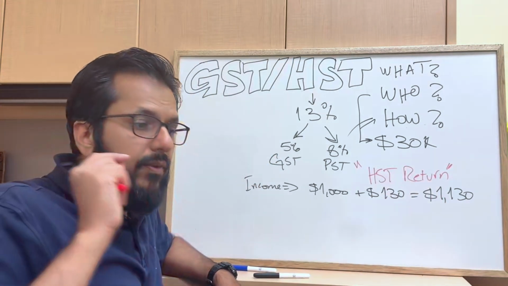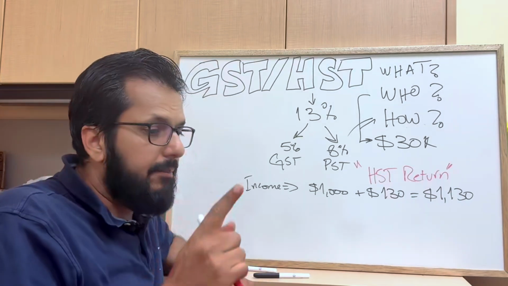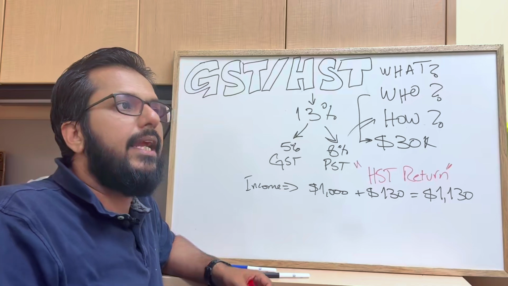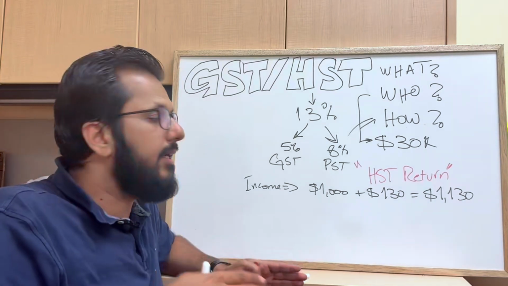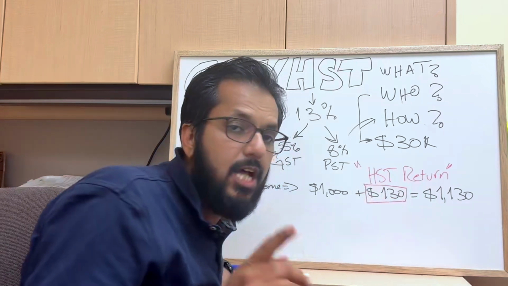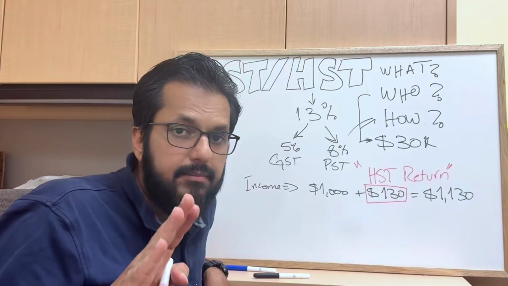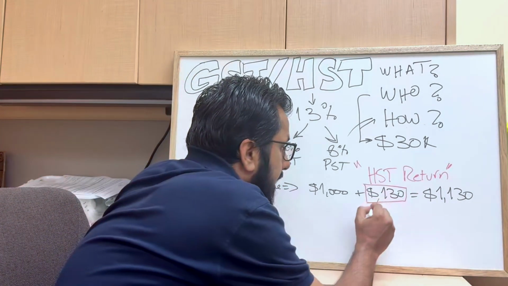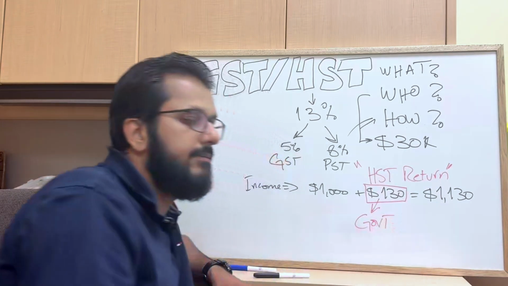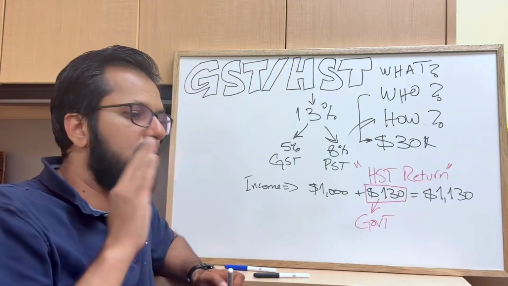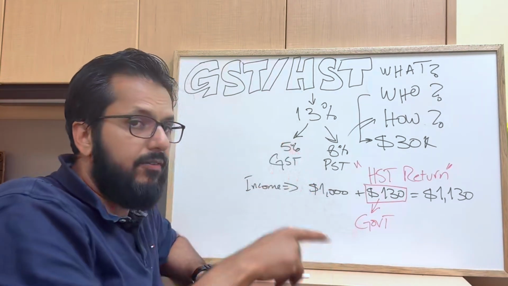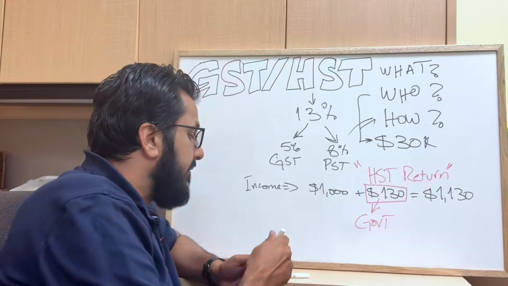$1,130. The very important thing to keep in mind, a lot of contractors make this mistake and get to learn this the hard way, is that this $130 is not your revenue, it's not your income. This is actually going to go to the government. I'll explain further, but for now, for the invoice, remember this: